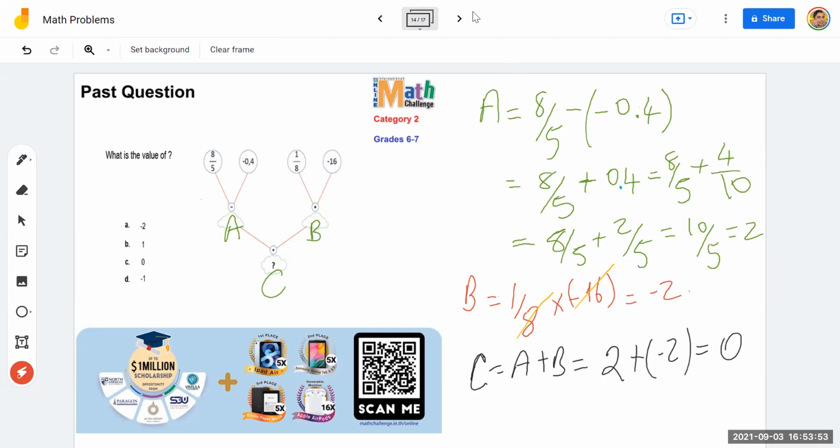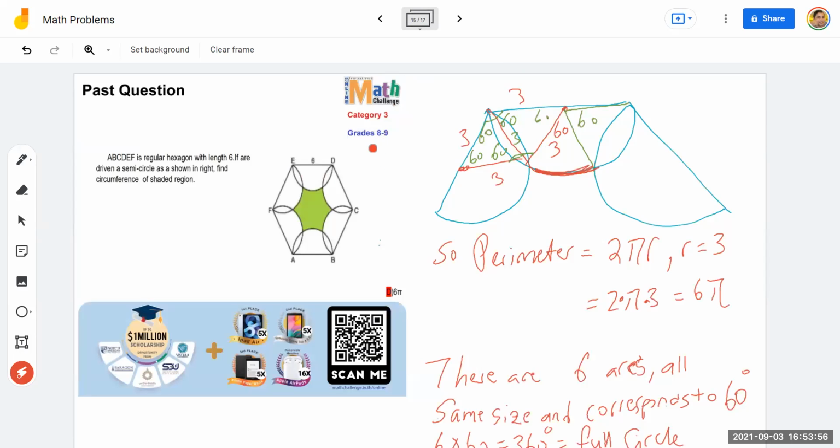Okay, so our next question is from category 3, grade 8 and 9 level. And so we have a regular hexagon. The shape is not matching with the real values, but you can consider this as a regular one. So what we can do is first we can focus on some part of this regular hexagon. So if we draw a line from here, and if we connect this point with the center,